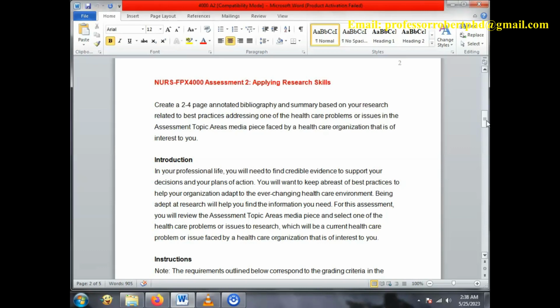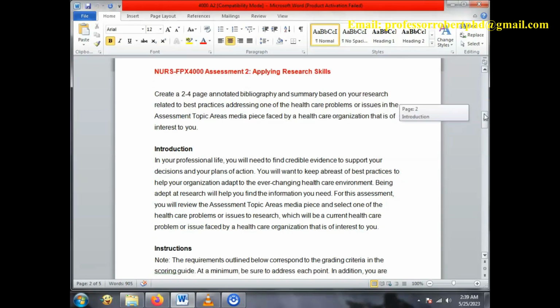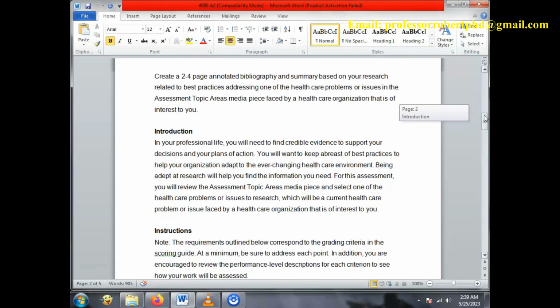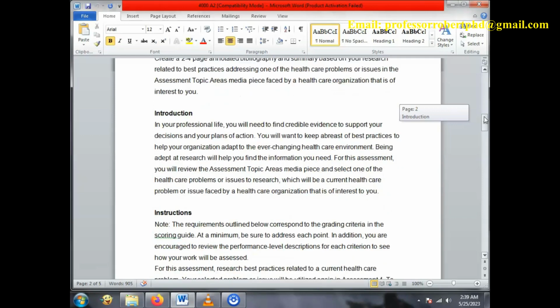In your professional life, you will need to find credible evidence to support your decisions and your plans of action. You will want to keep abreast of best practices to help your organization adapt to the ever-changing healthcare environment. Being adept at research will help you find the information you need. For this assessment, you will review the assessment topic area's media piece and select one of the healthcare problems or issues to research, which will be a current healthcare problem or issue faced by a healthcare organization that is